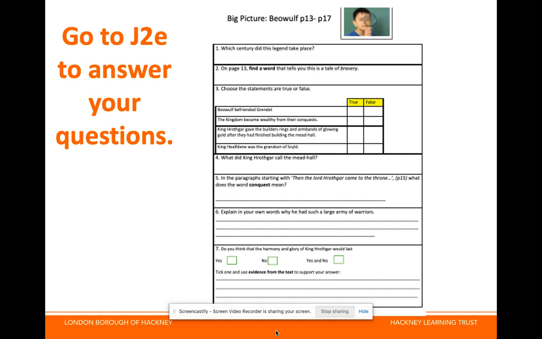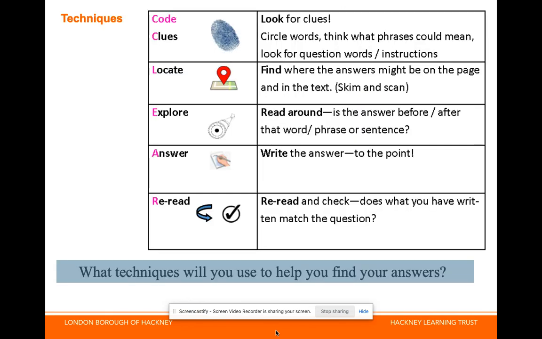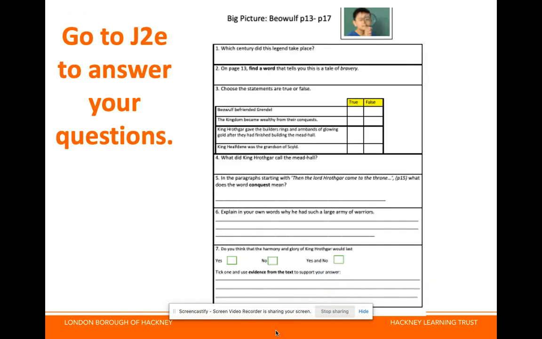Now you can go to J2E to answer your big picture questions. Remember, you can always go back to this slide in the video and pause to help you to answer your big picture questions. Also have your text with you that you can read and reread, explore and find and copy the words that you would need for your